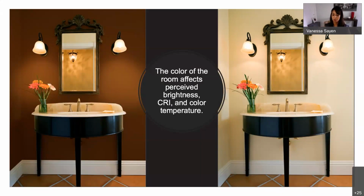For example, darker walls, we know this, absorb more light, and they require, for sure, higher levels of illumination, whereas the same light might appear a lot brighter in a room with light colored walls. So the color of the wall may reflect a different light hue, as well as alter the color temperature. Definitely something to keep in mind when we are designing spaces. We see the same light fixture and same color temperature in this picture, but the dark colors definitely affect the perceived brightness and color